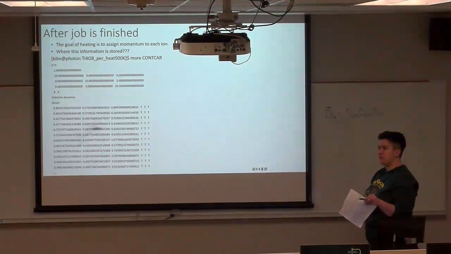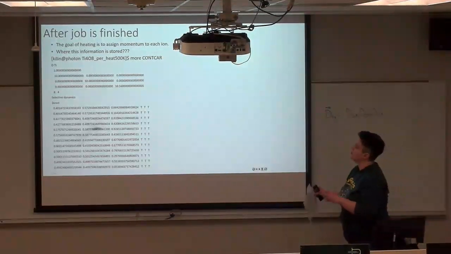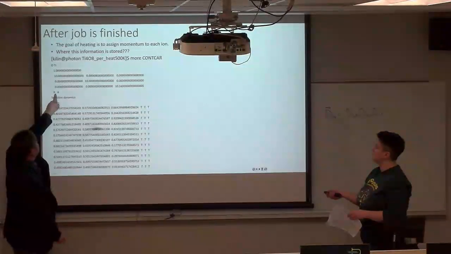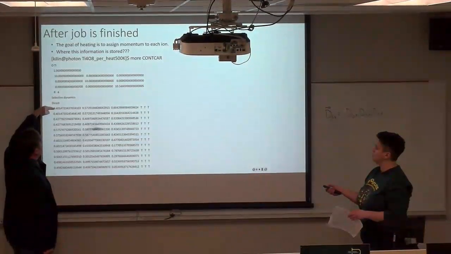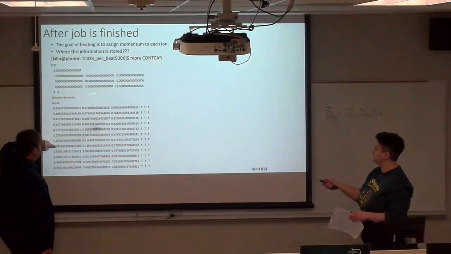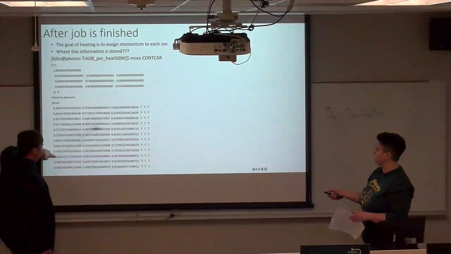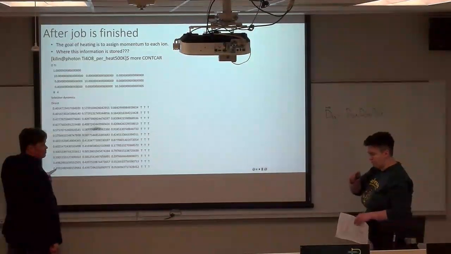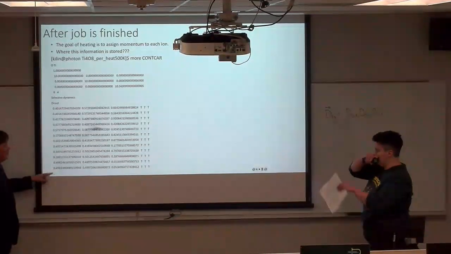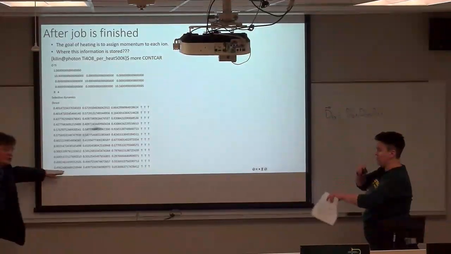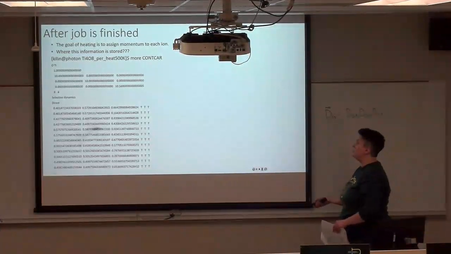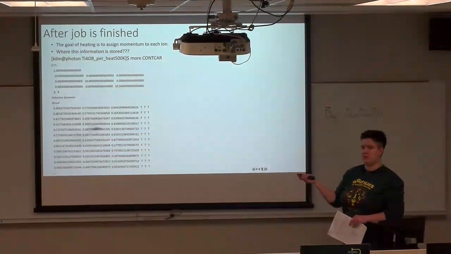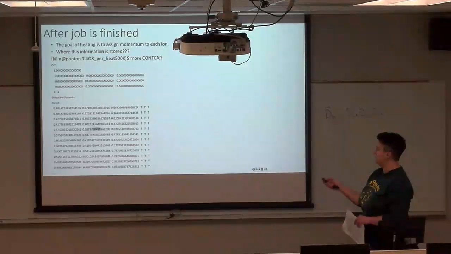Information about the momenta of each ion is stored. Like here we count 8 plus 4, 12 records: 1, 2, 3, 4, 5, 6, 7, 8, 9, 10, 12. So up to here, those are positions, X, Y, and Z. And where are the momenta? It would probably be below. Exactly. Yeah, below there is another segment for momenta. Make sense? Okay, so that's position, and then as Dimitri said, below that is the momentum.